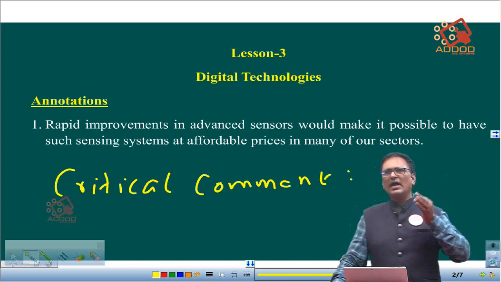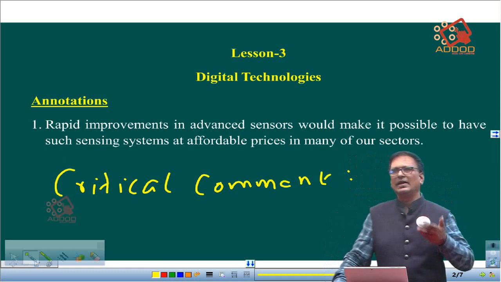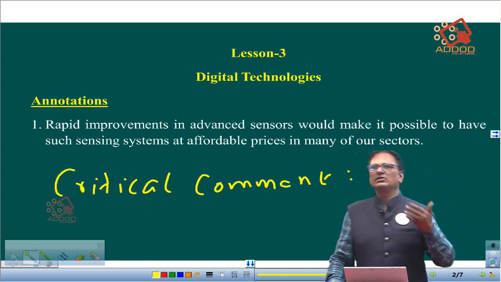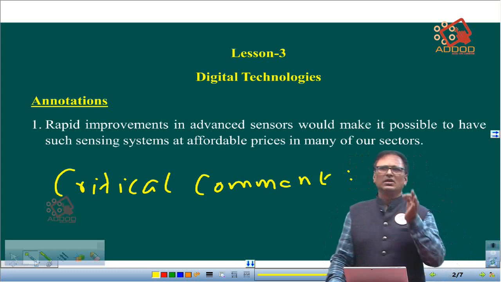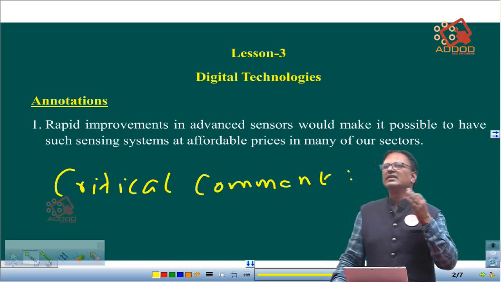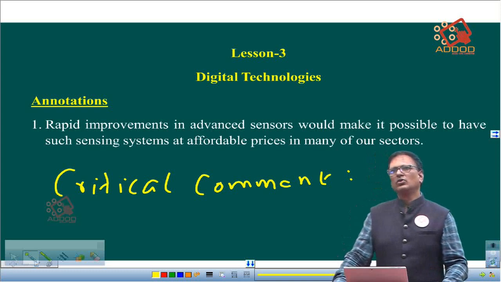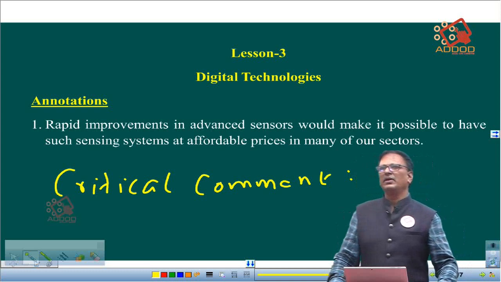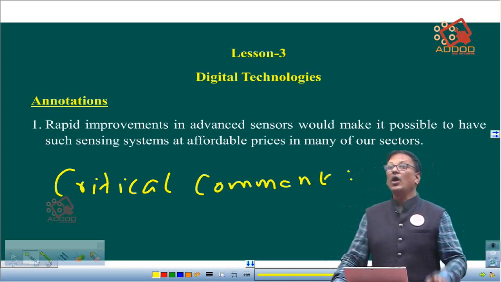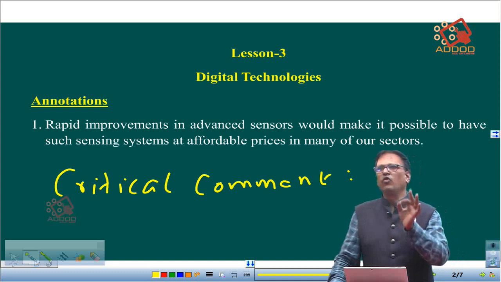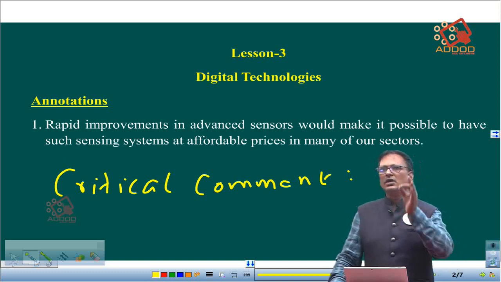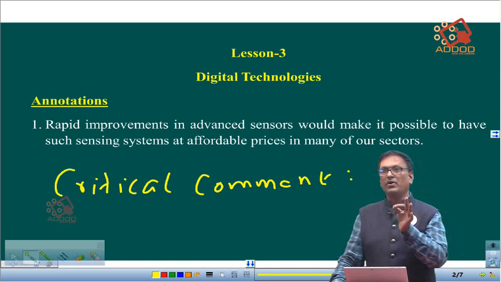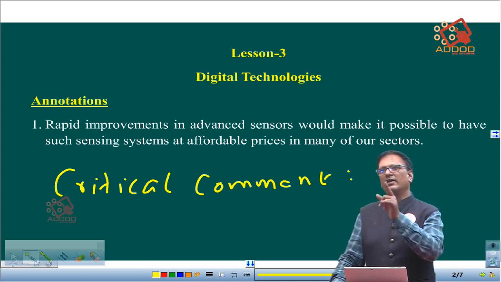Since I have been evaluating answers for the last 18 years, I know there are some students who use their own words in critical comment. I can easily differentiate. My conclusion here is that at the end of annotation, the third important subheading, critical comment, is crucial for you to score the maximum 4 out of 4. I am telling you, 4 out of 4 is not impossible, provided you write your own views in critical comment.